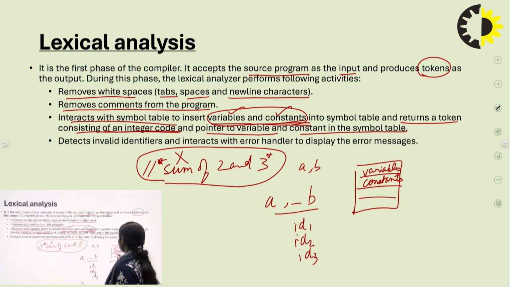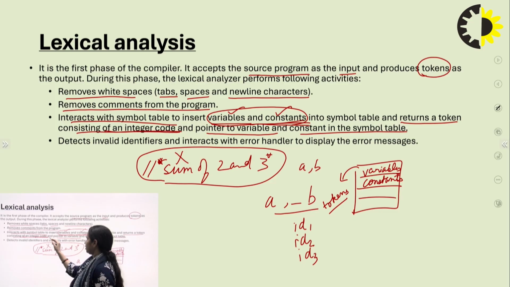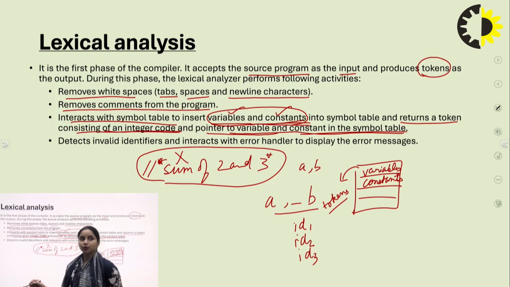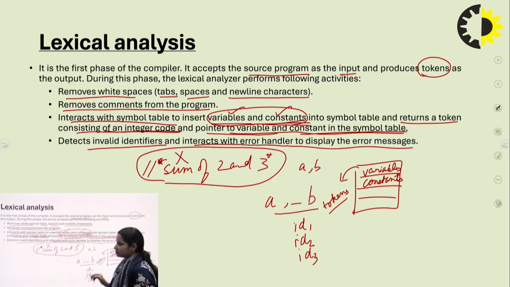Such are the tokens being received, along with a pointer to the variable and constant in the symbol table. It also detects invalid identifiers and interacts with the error handler to display the error message.